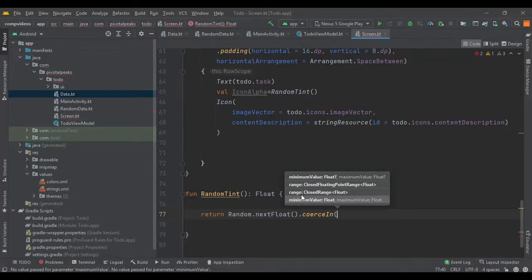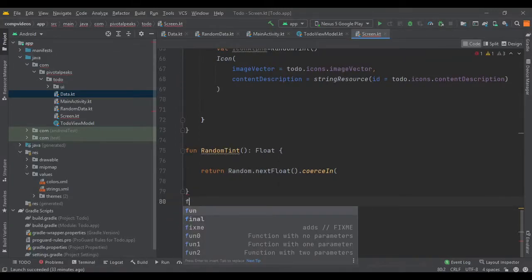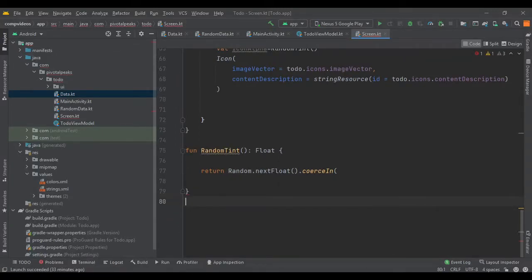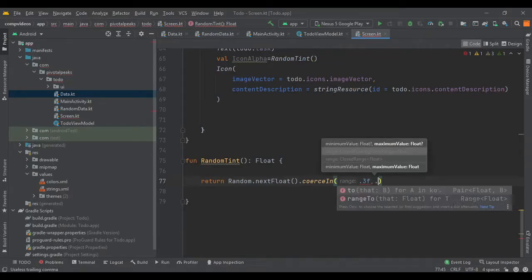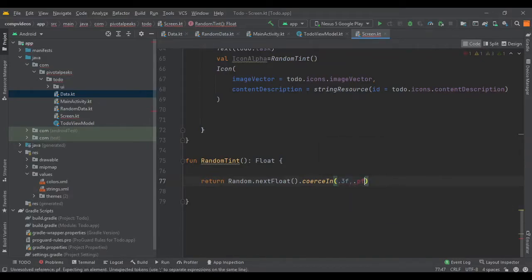So let's give it the values. What's happening? Oh, my numlock is not on. So yeah, 0.3f and 0.7f.